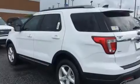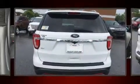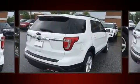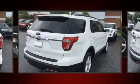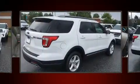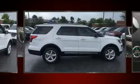Ford ensures the safety and security of its passengers with equipment such as dual front impact airbags with occupant sensing airbag, front and side impact airbags, traction control, brake assist, a panic alarm, an emergency communication system, and 4-wheel disc